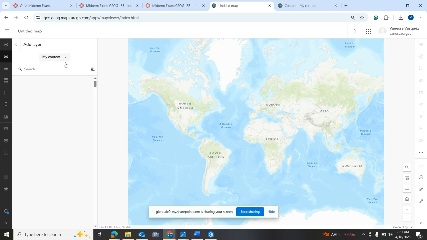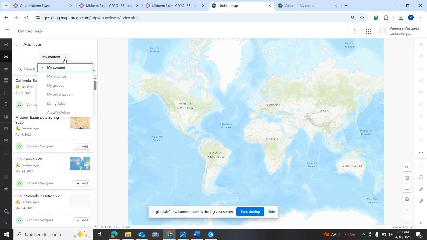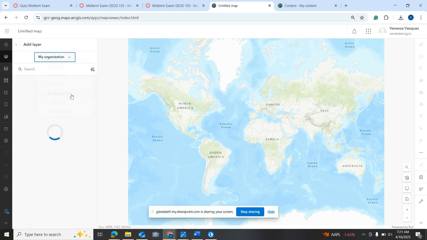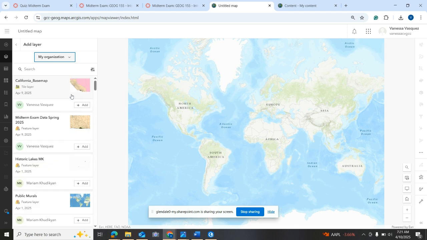And this is my content, but I made this data available to our organization. So if you go to My Organization or My Groups, you should see both of these data. Here we have the midterm exam data spring 2025. Click Add,